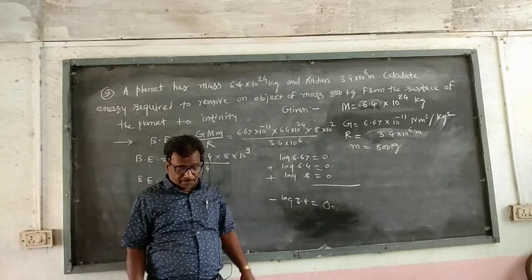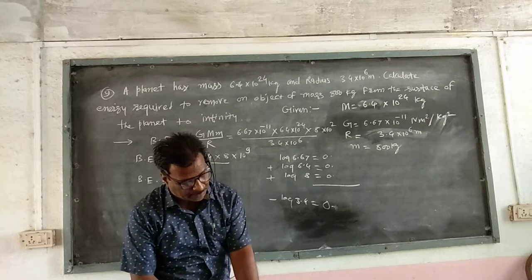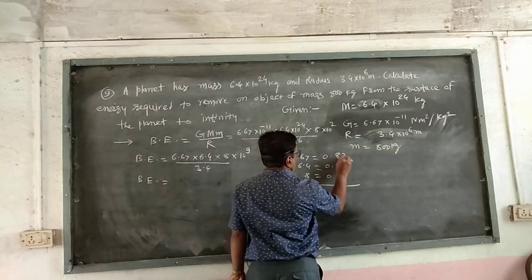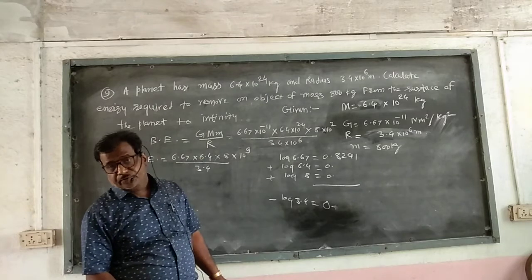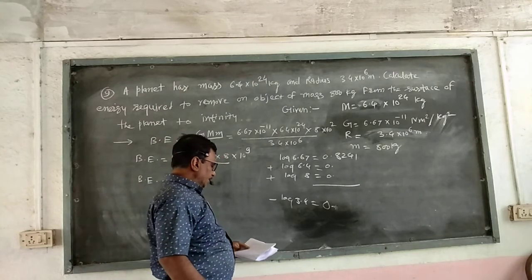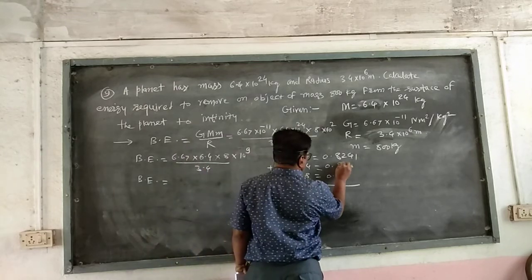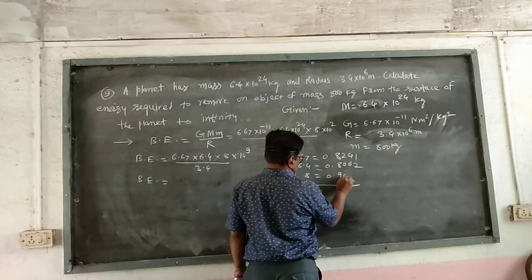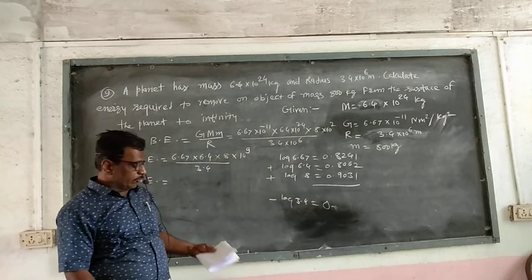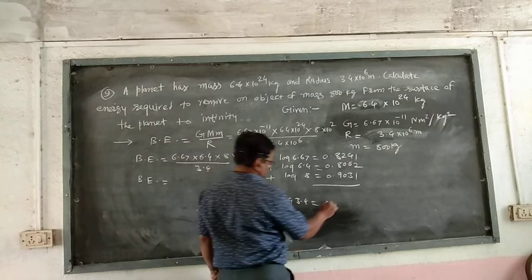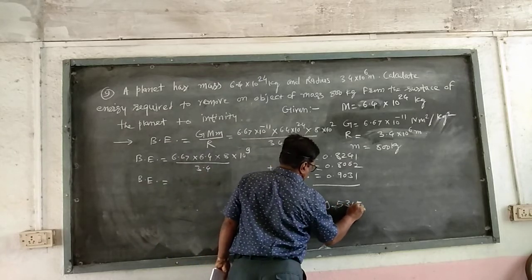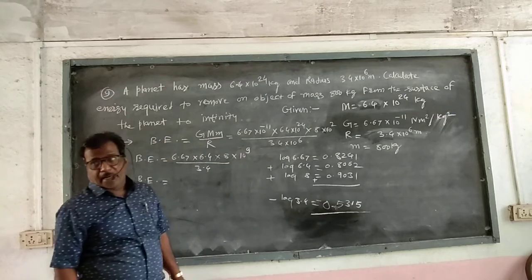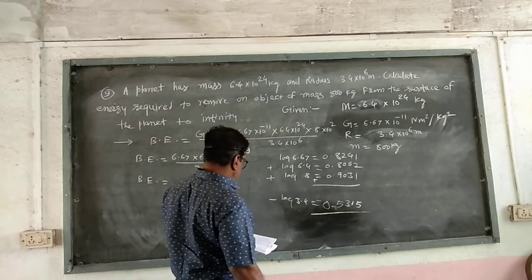लॉग पाहिजे 66 चा 7 मध्ये आपल्याला या ठिकाणी लॉग येईल 66 चा 7 मध्ये त्याची व्हॅल्यू येईल या ठिकाणी 8241. लॉग पाहिजे आपल्याला 64 चा 0 मध्ये त्याची व्हॅल्यू येईल 8062. लॉग पाहू आपण या ठिकाणी 80 चा 0 मध्ये 9031. लॉग पाहिजे 3.4 चा 34 चा 0 मध्ये 5315. तिघाचं ऍडिशन करून त्याच्यातून सबट्रॅक्ट करायचं आणि आलेल्याचा आपल्याला अँटी लॉग फाइंड आउट करायचा. तर त्याचे ऍडिशन येईल या ठिकाणी 2.5334.